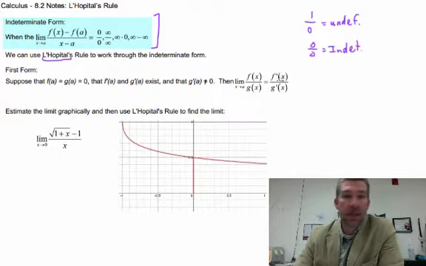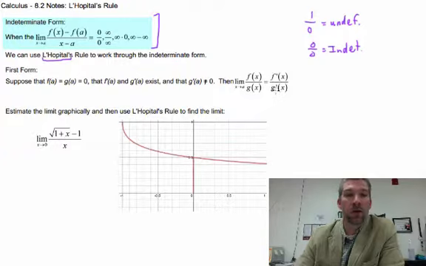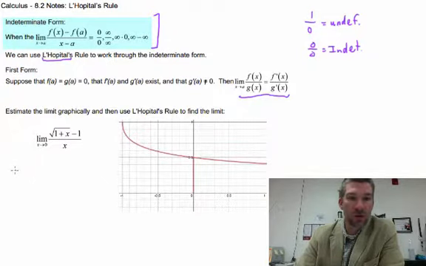So as long as I can take the derivative of both functions, and as long as g doesn't equal 0 when I take its derivative, we can use what's called L'Hopital's rule. So here we go. Estimate the limit graphically and use L'Hopital's rule to find the limit. So according to our rule up here, we need to take the derivative of the top. So I'm just going to rewrite the top. I'm going to call it f of x. So that's going to be (1 plus x) to the 1/2 minus 1. The derivative of that